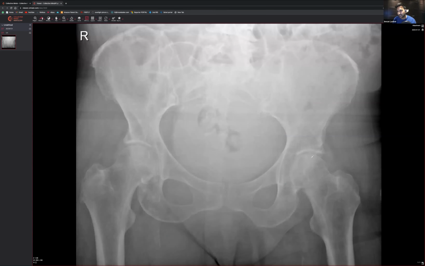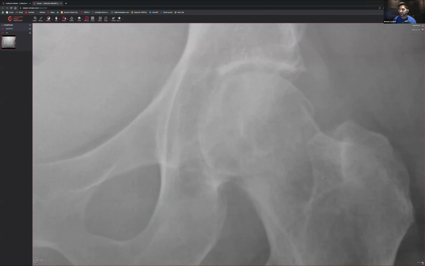So let's have a look. And yeah, people have picked it up. So I'm going to zoom in. Do you remember I was talking about the flow of bone, right? On this particular side, you don't have flow of bone. It kind of looks like it stops there, stops there, stops there, and you've got this sort of radiolucent discrepancy going over here. So that doesn't look quite right. It all looks a bit more dense and sclerotic within these regions. You've also got this sort of linear line over here, and then it doesn't continue like the other side did. And you've also got that kind of discrepancy there. So this is clearly an impacted neck of femur fracture.